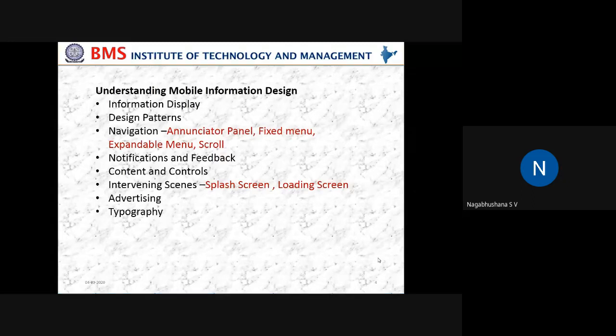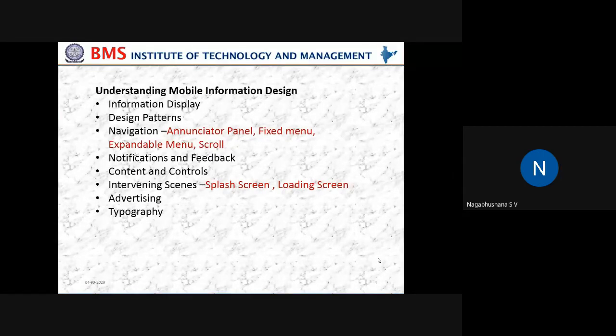Okay, it will show you the updated information. That information will help the user understand the current location within the application, and it will be more dynamic and more responsive. This concept is called parallax scrolling. Okay, so advertising, you just try to enable more ads if there is a revenue generation scheme from the commercial applications.